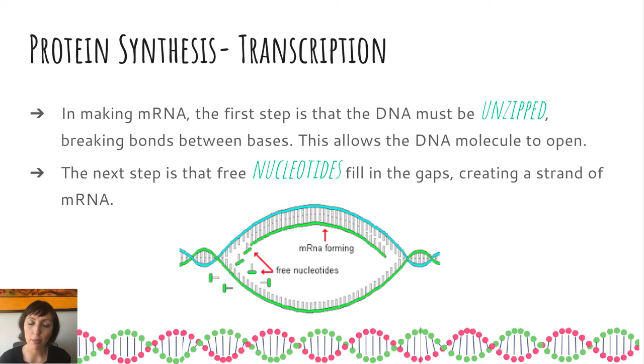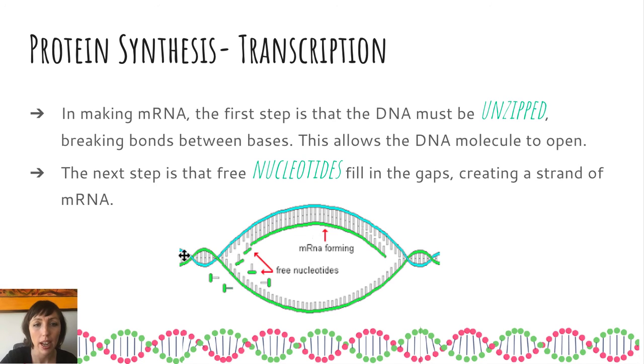So in making messenger RNA, or mRNA, the first step is that DNA must be unzipped. You've got to get those 2 strands of the double helix, which looks kind of like a twisted ladder, and unzip them and bring them apart so you can read just one side of the DNA. Okay, so this requires breaking bonds between the bases, which allows the DNA molecule to open. The next step is that free nucleotides will fill in those gaps, creating a strand of RNA, which you can